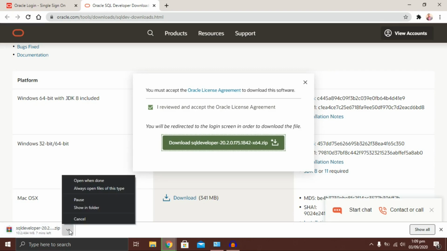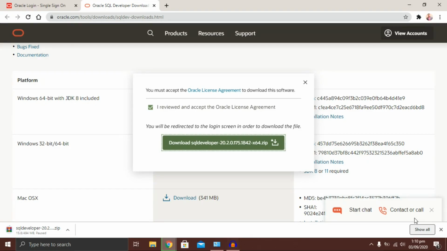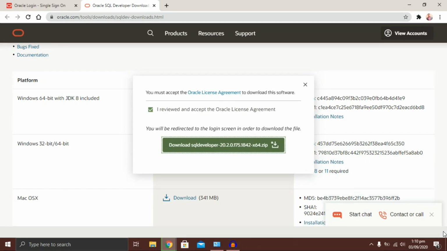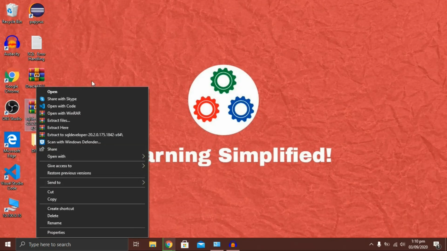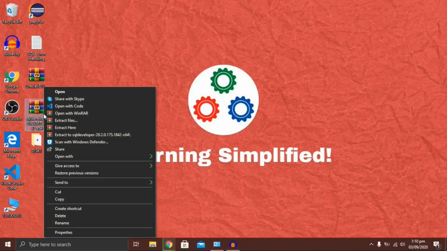Similarly, this has also been downloaded previously, so we will pause the downloads and switch to the further setups. You would also extract the SQL Developer file.